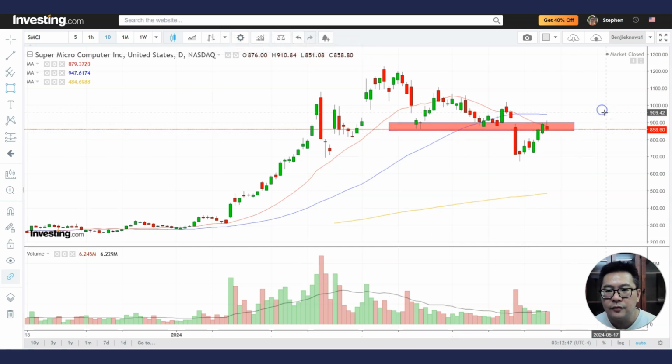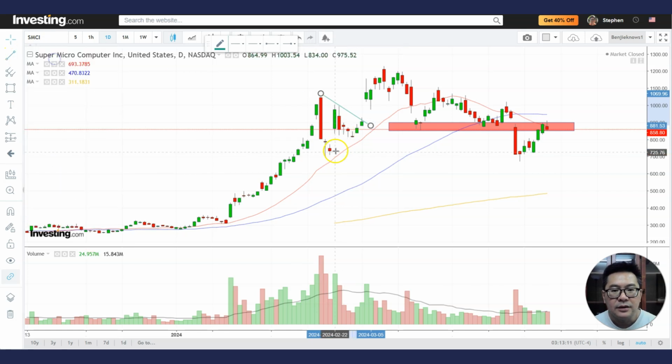Now, first of all, it is at the declining 20 MA, forming a little bottoming tail here that might hint of a bearish reversal, and it is trading at the previous support area, which once broken becomes a new resistance or supply area. Now, the reason why the area is a very strong